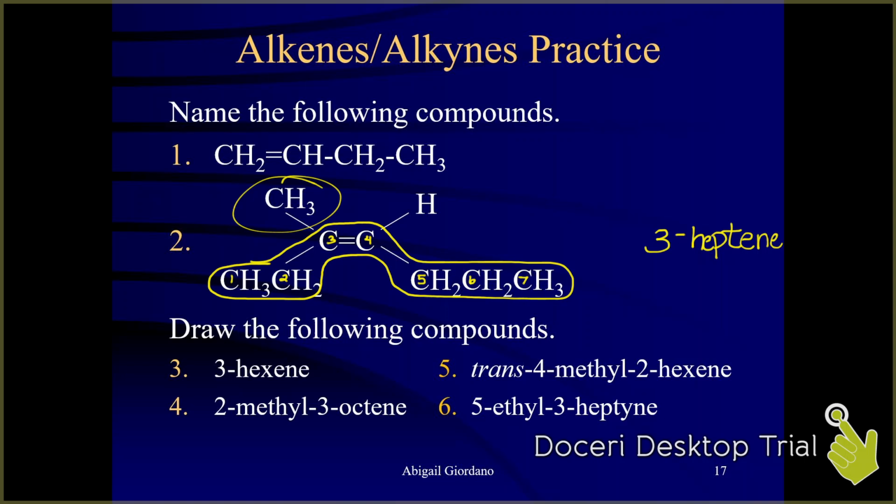This substituent has 1 carbon, so if you will recall, we call that a methyl group. And we do need to indicate where it is. It looks like it is attached to carbon number 3. So let me see if I can space this out just right. So we were going to call this 3-methyl